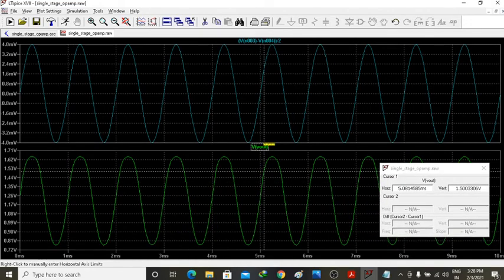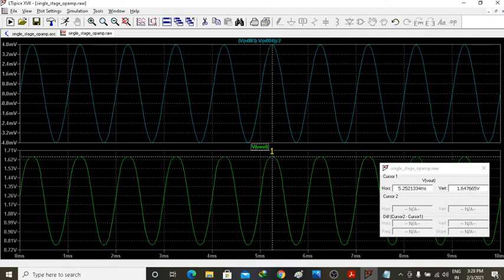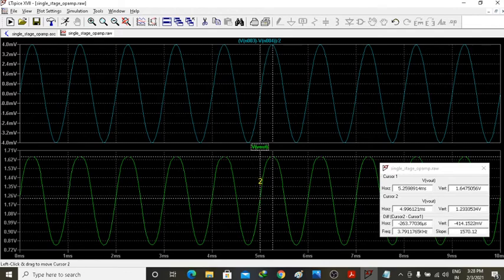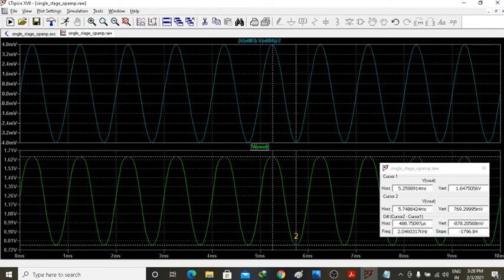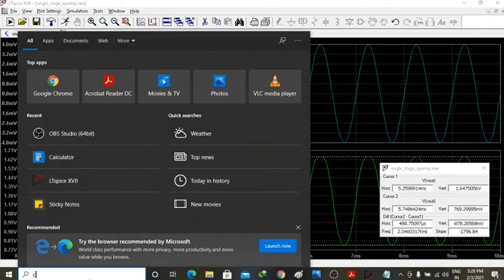So I will be taking this to the top. It comes out to be 1.6 or something, 647. Then again I will be taking one more thing. So what is the difference I am getting? I am getting a difference of 880, right? So if the difference is 880, let me show you in the calculator.